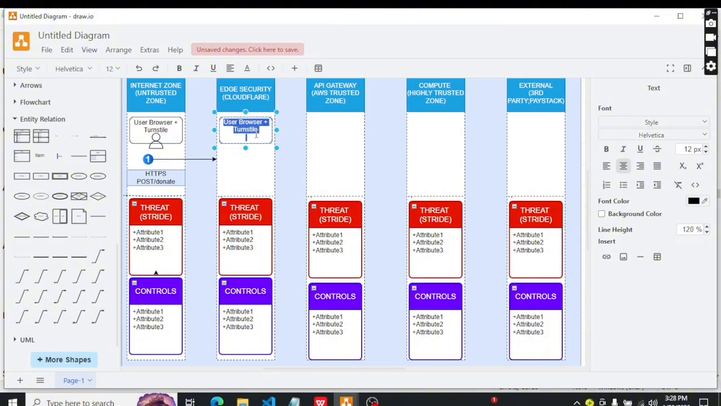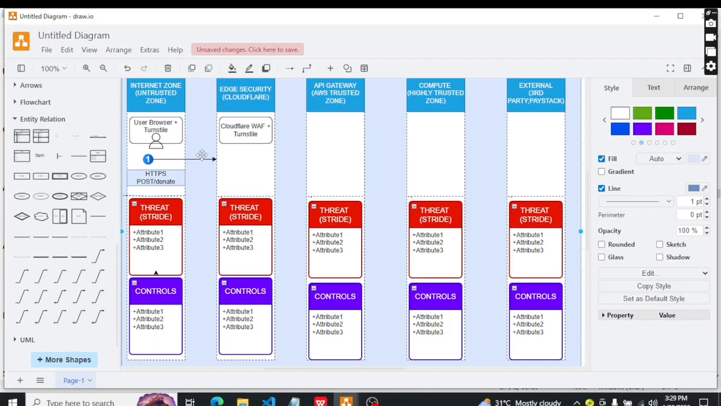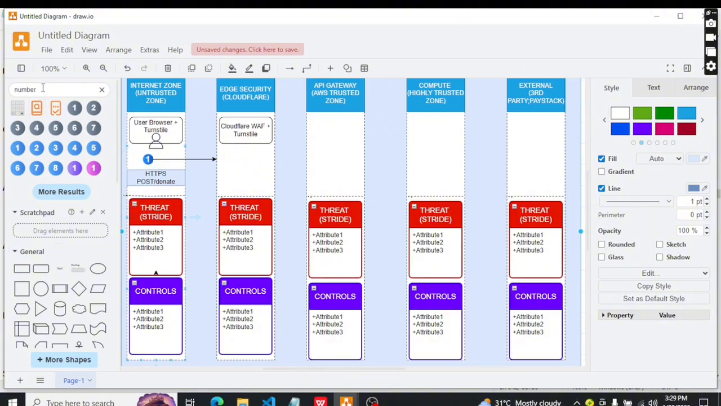Then this one we can name it as Cloudflare WAF plus Untrusted. So that's it. And decide to add any symbol under it. Anything like so